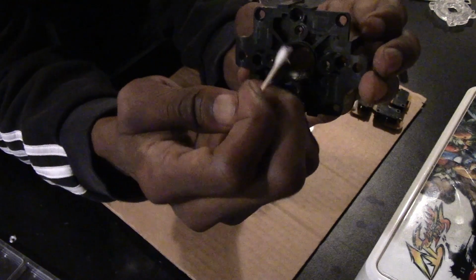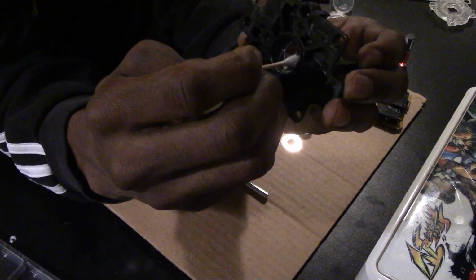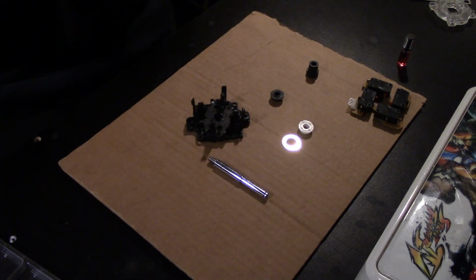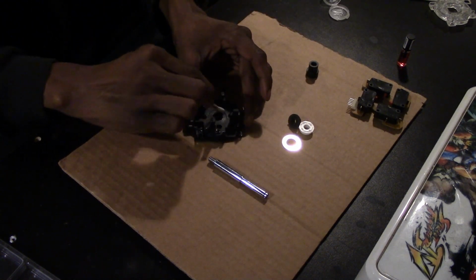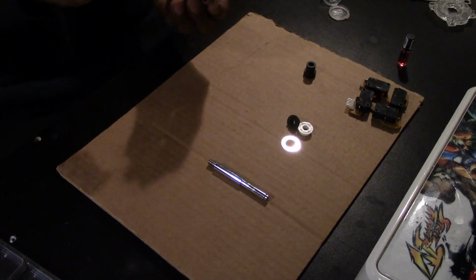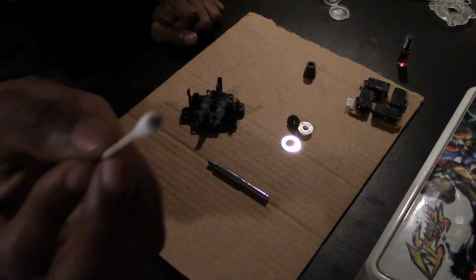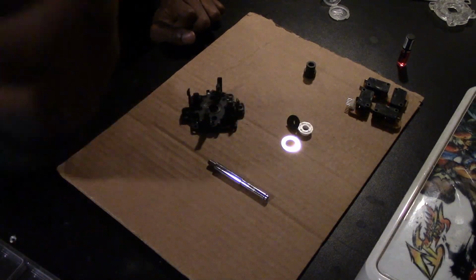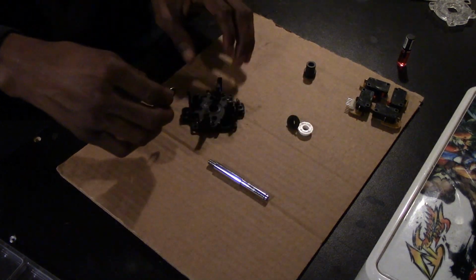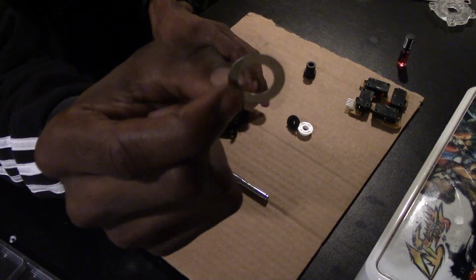Now you just grab the Shinetsu grease, apply it to a Q-tip, and just swirl it around a couple times. Put some on the bottom of the base right there where the washer is gonna go. You don't have to go crazy with the grease. A dab will do it. You don't have to have a crazy amount. Now you notice that when you apply the grease, you'll grab some old grease too. So you're also cleaning off the old grease with the new grease. So it's a win-win. All right, you just put your washer back on,